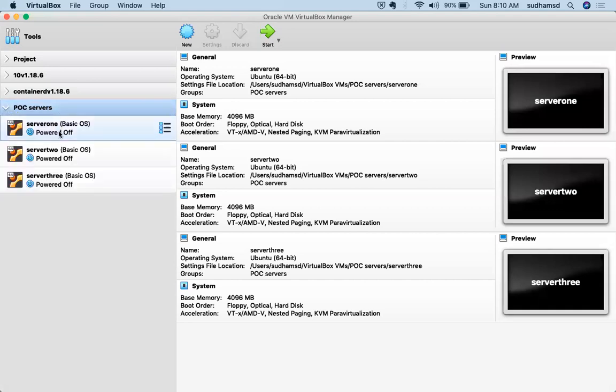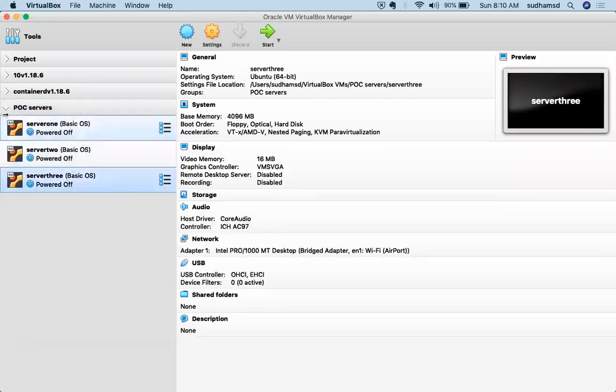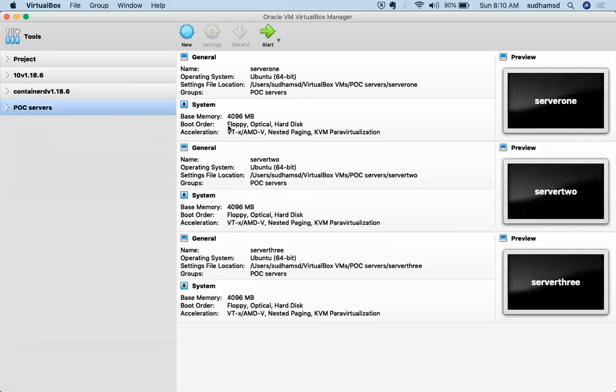Now let me tell you what other things I've done. In this POC, I have created three servers. I took 4 GB of RAM for each machine since I have the flexibility of doing it. Anyway, I will reduce it now. I'll make it 3 GB for each machine. That is more than enough for testing purposes. One core CPU is allocated, and the Ubuntu operating system is installed, and it is connected to